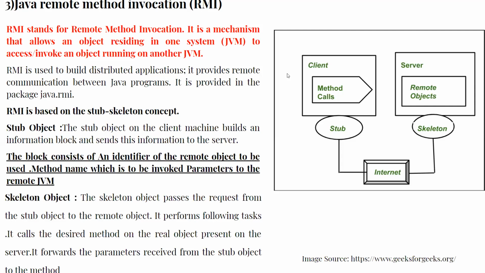So whatever request is received from the stub end will be fulfilled by the remote object or the server or the skeleton. So these are the three names. Don't forget, these three names are used for this: server or remote objects or skeleton. And whatever request has been received from the stub or the client will be fulfilled by the server. Here all the parameters are going to be unmarshaled, they are going to be checked, and then the request will be fulfilled from the server or skeleton to the client.